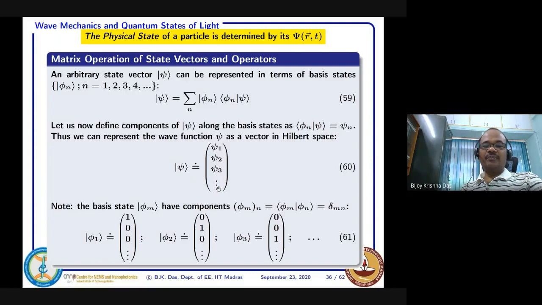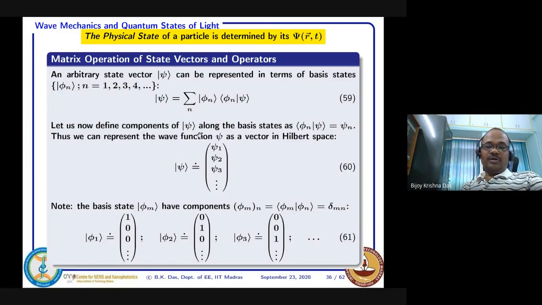Once you know all these components, the only thing to understand is that they correspond to the projections along the basis vectors. So finally, the wave function is represented like a column vector. Any wave vector you can represent mathematically as a column vector. And these projections psi 1, psi 2, psi 3 are basically numbers, and the number comes from the inner product. It's a kind of cos theta term, that projection, that similar thing.